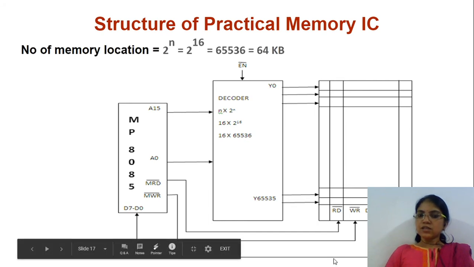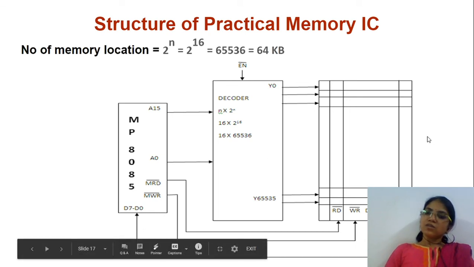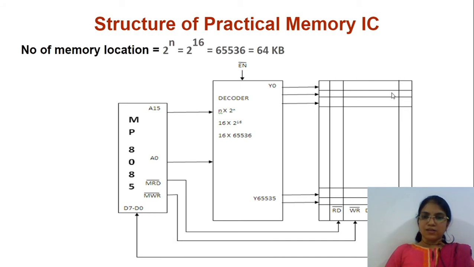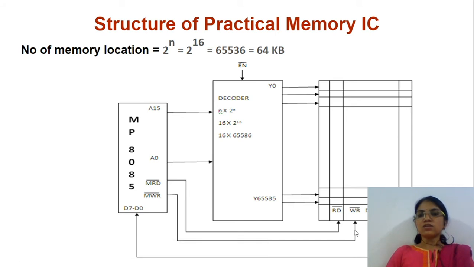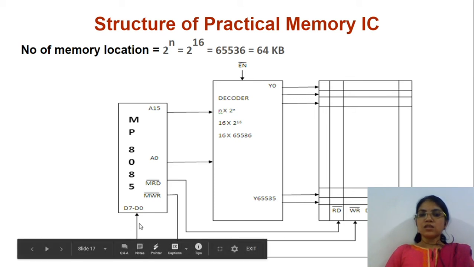But after transferring the content on the data lines, it is not written into that specified memory location. Even after putting the data on the data lines, it will not be written into that particular memory location until we give the writing signal to the practical memory IC through the microprocessor, and that is carried out by using the third step. After transferring the data on data lines D7 to D0, the microprocessor transfers the WR bar signal to the memory.